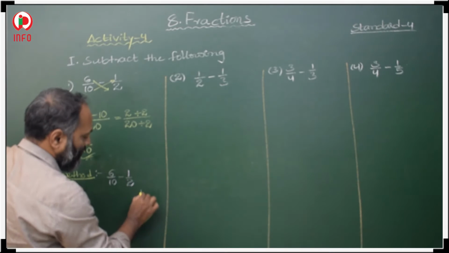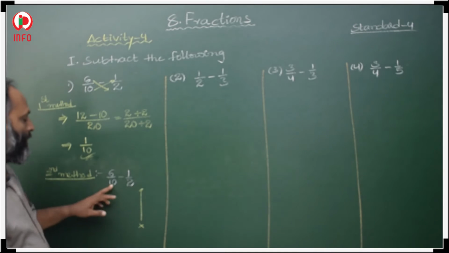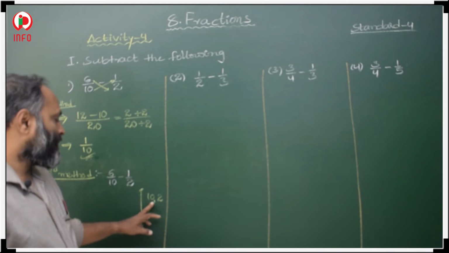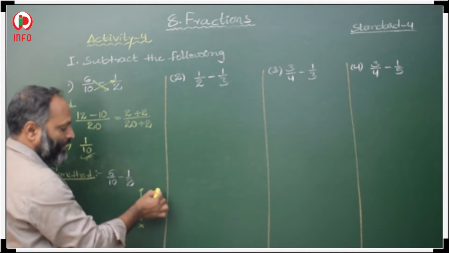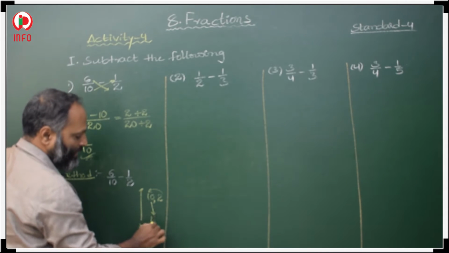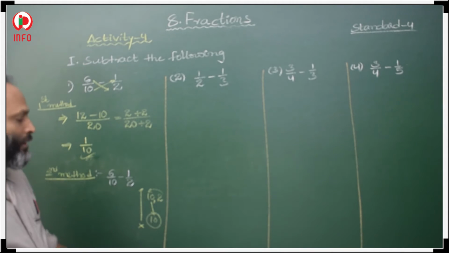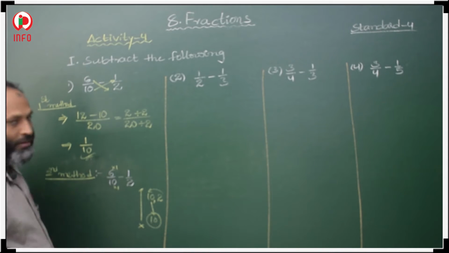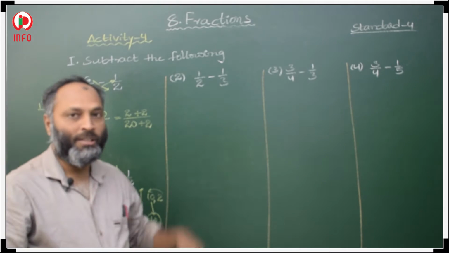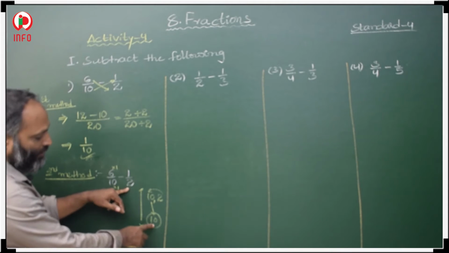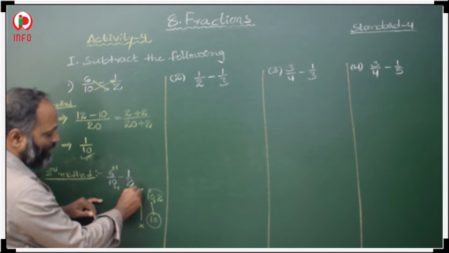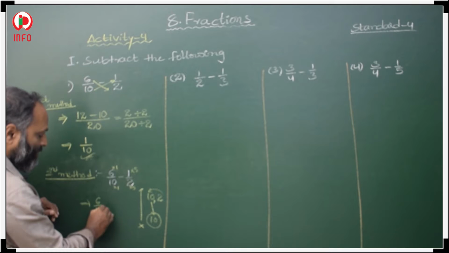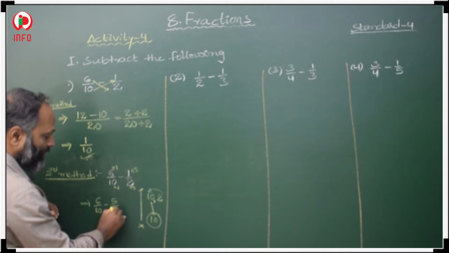Now we have to find the LCM of the denominators, 10 and 2. 2 is a factor of 10, 2 5s are 10. So the LCM is the bigger number, that is 10. In the 10 table we get 10, 10 1s are 10, multiply numerator and denominator by 1. The same pattern we did in addition, we follow. In the 2 table we get 10, 2 5s are 10, multiply numerator and denominator by 5. Then 6 1s are 6 by 10 1s are 10, minus 1 5s are 5 by 2 5s are 10.